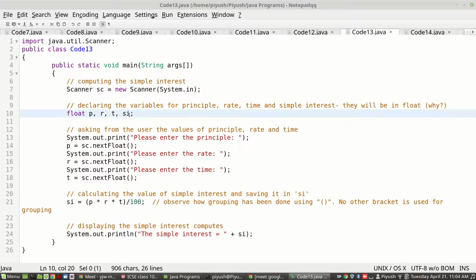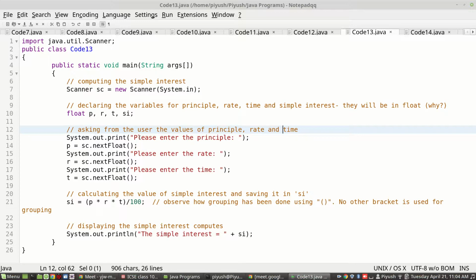So we are creating four variables, three for taking input and one for storing our output, which will be the simple interest. And what are the inputs? Principal, rate and time. So you got to know why float, because each one of them individually may or may not be in terms of floating values. Now once you have declared, then we are going to ask the user to provide values of principal, rate and time in the three variables created above.